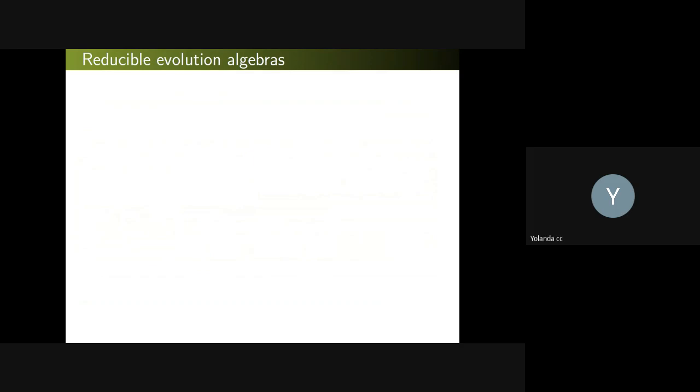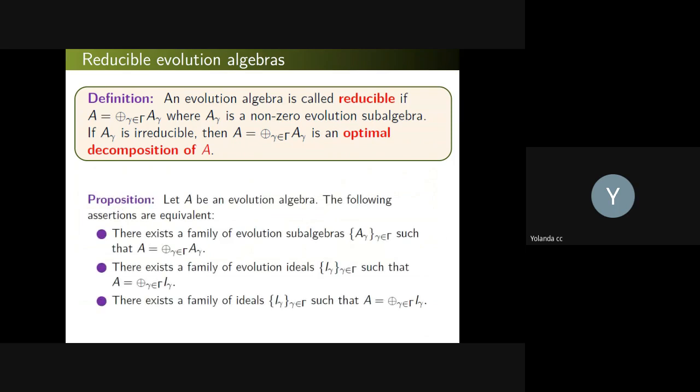Now, in the case that the algebra is not simple, we can speak of reducibility, where we say that an evolution algebra is reducible if it can be written as a direct sum of evolution subalgebras. In the case that these subalgebras are irreducible, not reducible, we will say that the decomposition is the optimal one. But a direct sum of what? Subalgebras, ideals, evolution ideals. Thanks to this proposition, it doesn't matter to distinguish between them for this purpose. It's the same to speak of evolution subalgebras, evolution ideals, or only ideals when we speak about direct sums of